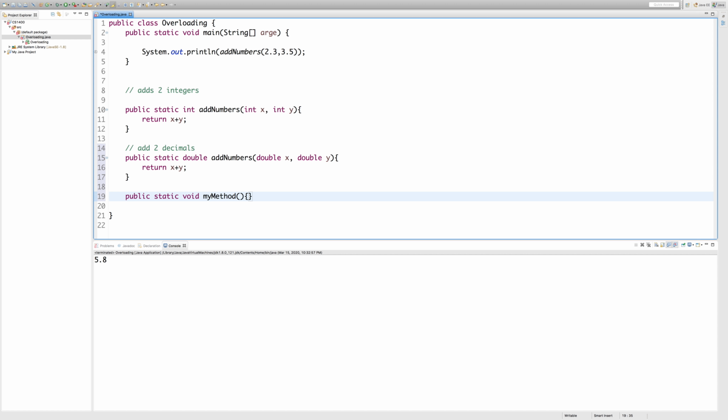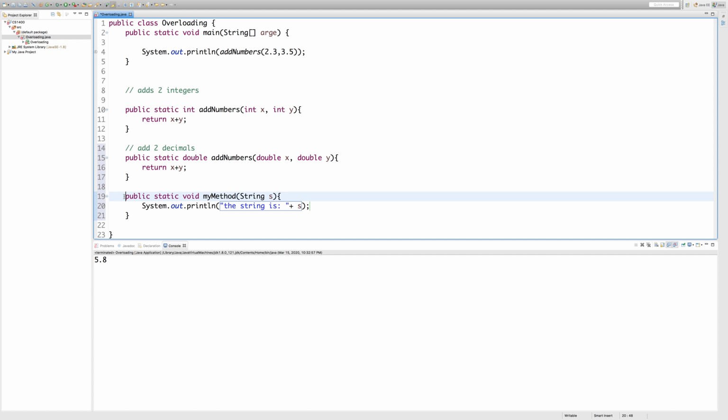Now for my method, the first one I wanted to take a string, and in my method I will just print my string in here. Let me just add something to it. So the string is plus s,